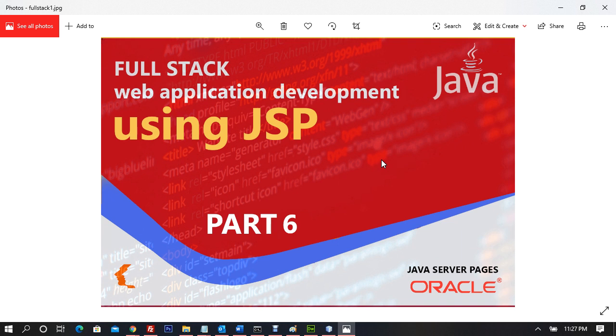And you have already developed the box layout and designed the box layout as well, right? And now we are going to get started and try to make a flexible model instead of a box layout. Right, box layout, but flexible box layout, right? So let me give you an overview. Today we are going to start with part 6 of JSP full